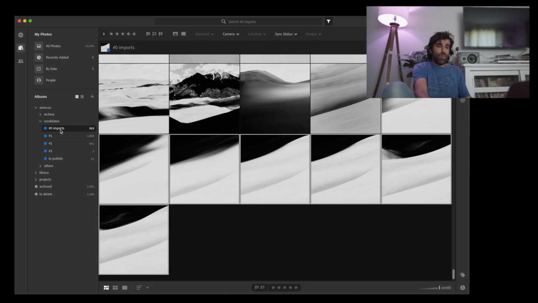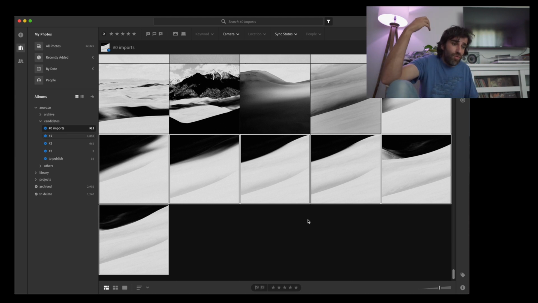Let me show you how this would work with a quick example with some images that I took at the Great Sand Dunes National Park in Colorado. As you can see, I have these 7 that are very similar to each other. The reason why I have so many of the same composition is because the light kept changing. If you watch the video, you may remember that there were some clouds moving really quick, creating a lot of patterns on the sand. So I kept taking more photos because I liked this composition a lot and it was changing really quick.